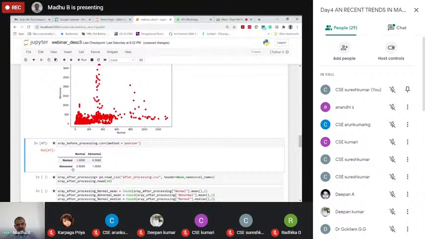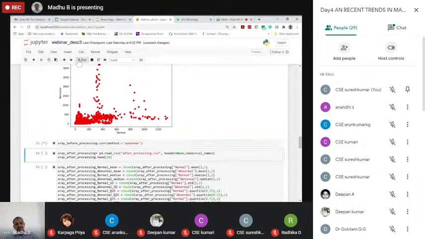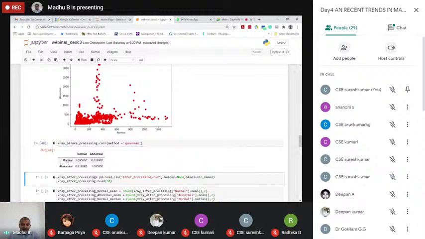But if I apply the Spearman, this is before processing the data. I have not processed the data at all. Now, instead of that, I use the Spearman. It improves. I am able to see that the correlation is 0.61, which shows there is some sort of